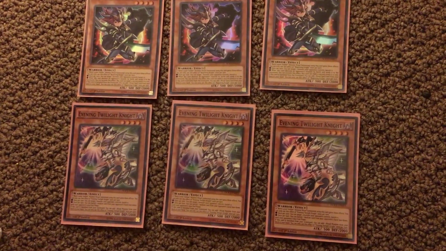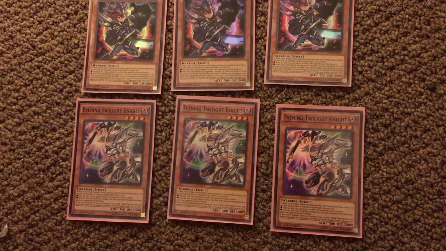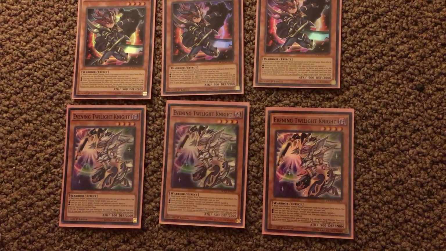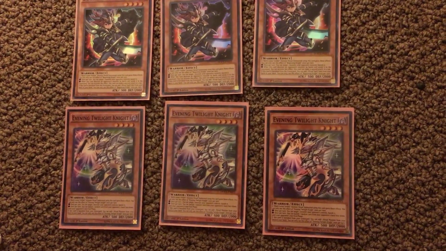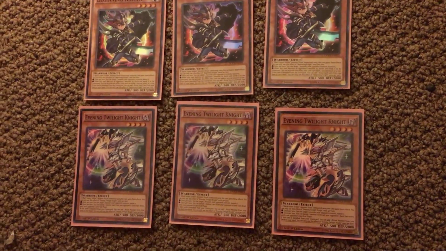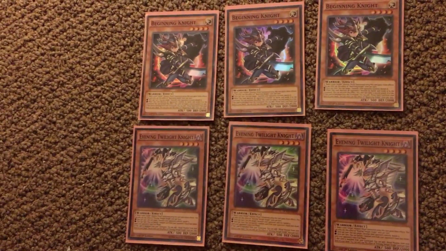And in the case of Evening Twilight Night, should it kill a monster in battle, it gives your Blackluster Soldier ritual monster the ability to banish a monster, and once per turn you can banish a random card from your opponent's hand face down, and they get it back at the end of their next turn. So using both of these in the ritual summon for Super Soldier will give him 6 effects altogether, because